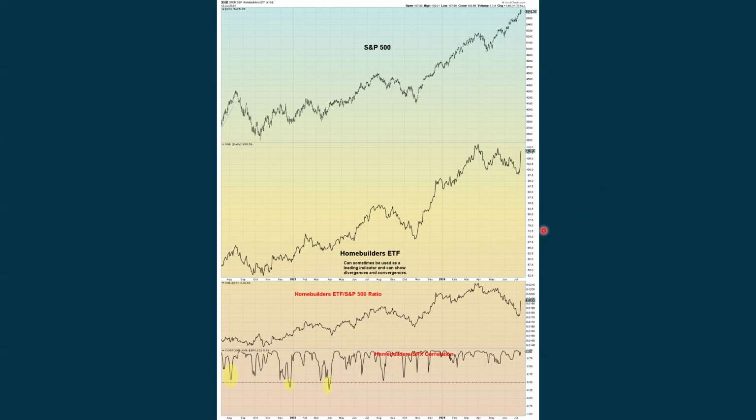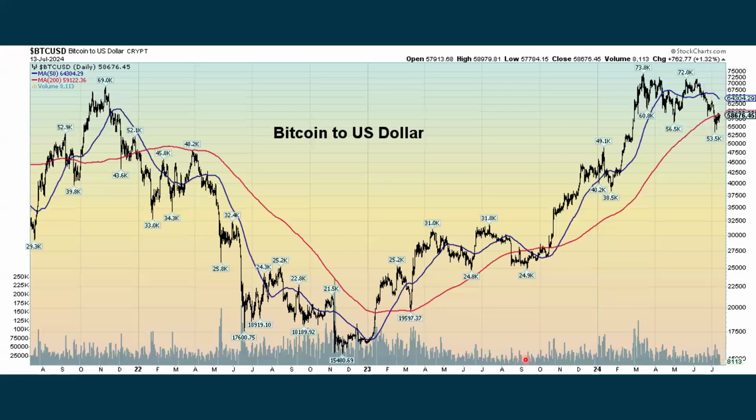And if interest rates are starting to go down, that could really help this particular area of the market. Now, we're not really getting anything from this chart. What I look at is on the bottom, and we're looking for divergences between them. Those are these yellow areas. Right now, we're seeing more of a convergence with this study.